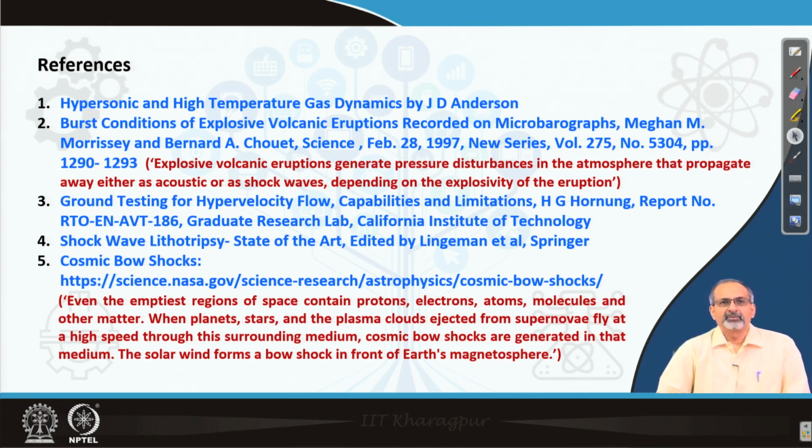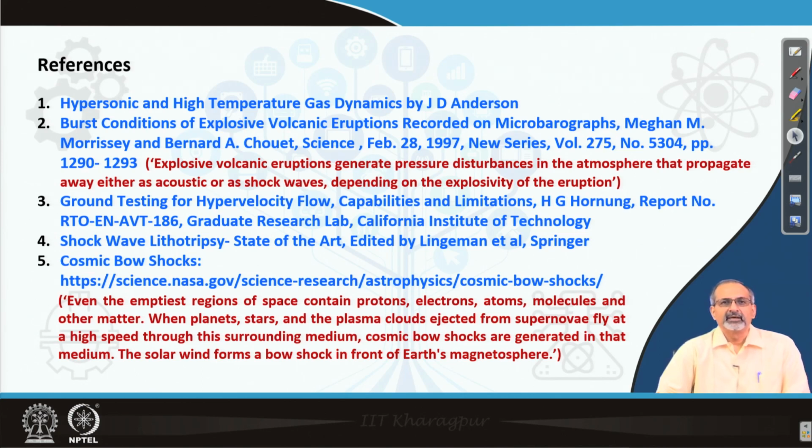A collection of papers, Shock Wave Lithotripsy: State of the Art, edited by Lingeman et al., and a very interesting YouTube video of around 3 minutes under the heading Cosmic Bow Shocks at NASA,